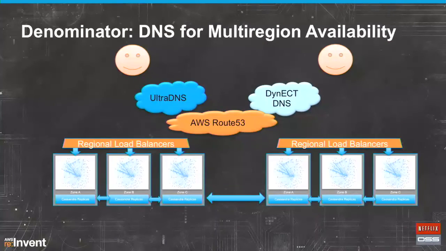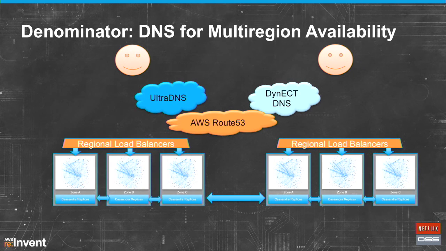Now, with DNS you typically have a couple of uses. One, you want to query the DNS information, and two, you want to control it. And in order to control it, you typically go to your DNS provider's UI console, and you have to do some voodoo magic incantations in order to make things work. And the specific voodoo depends on your specific DNS provider. And so we built this Denominator library that abstracts you away from your provider-specific implementation. It currently supports various providers, including AWS Route 53, UltraDNS, Dyn, and it allows you to do both your read and write operations in a very clean, either command line or API